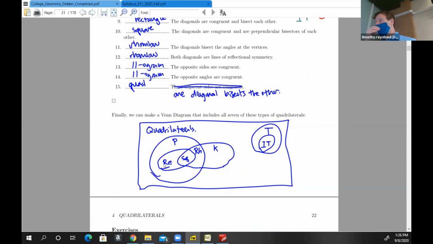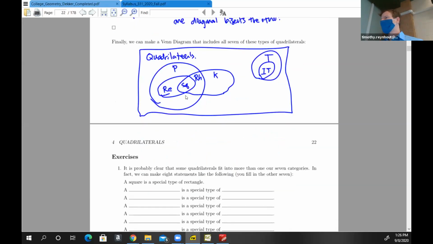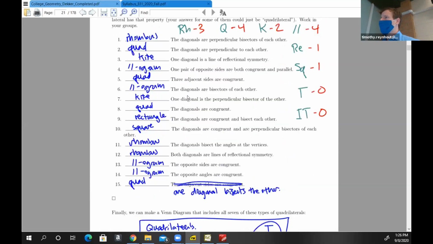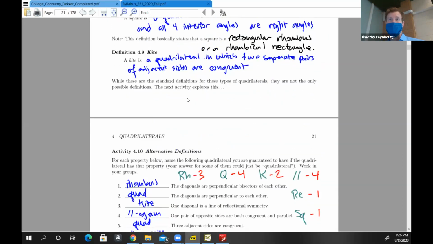Using this is also important because I found on at least one of the homework problems, I wanted something that was true. I think specifically that situation, I wanted to say that the two pairs of sides were parallel, but a rhombus isn't defined that way. However, this Venn diagram shows us that kites are parallelograms, and so we do have that the opposite sides are parallel. So citing that is perfectly acceptable. The difficult part is remembering what exactly you're told in the section and what you remember from having prior knowledge.